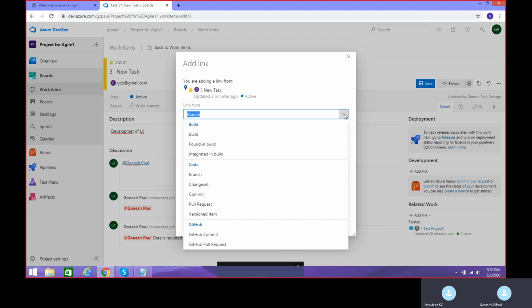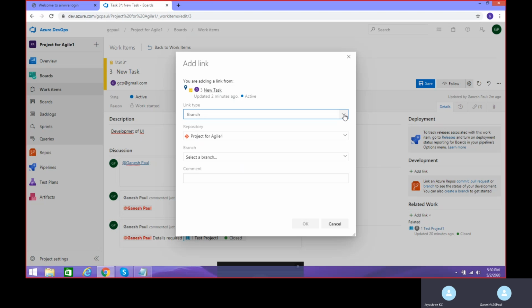For now, I think we don't have any branches created. That's where under the branch, go ahead and click on select a branch. The link type should be branch. Right now, we don't have any branches, and that's the reason it is giving you no branches found.